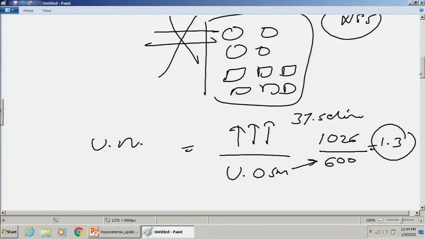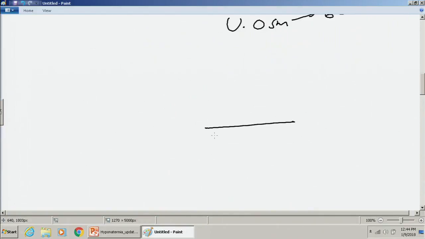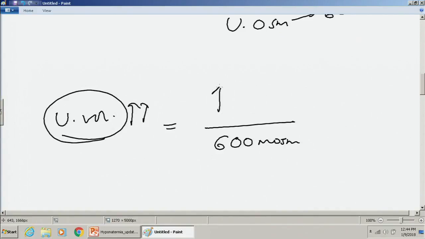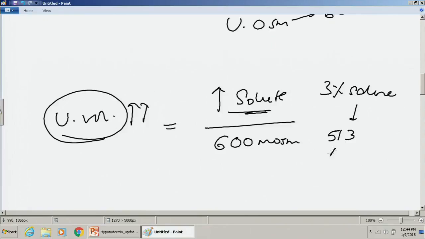Let's take a step back. So we said in SIADH, the doors are open forever. So urine osm is fixed around 600 milliosm. Okay? And then I want to increase their urine volume. Okay? So I can do two things. One, I can increase the solute in their body by giving them salt tablets or a high protein diet. But in the acute setting, I can give them 3% or hypertonic saline, okay? Hypertonic saline has 513 milliequivalents of sodium and 513 milliequivalents of chloride. So my net solute load to this patient would be